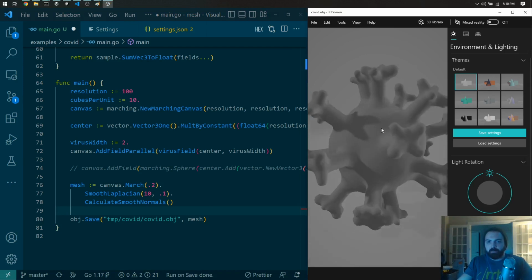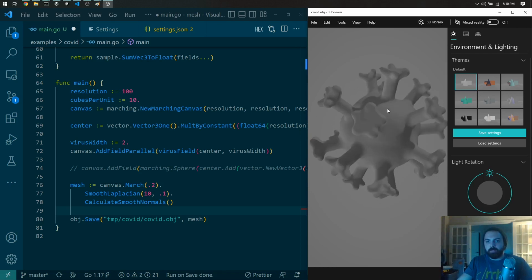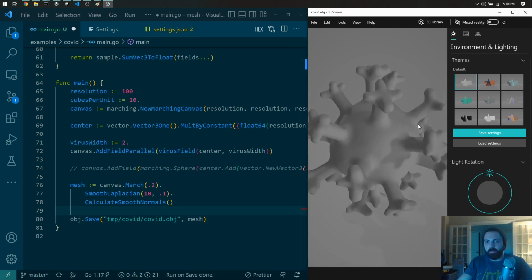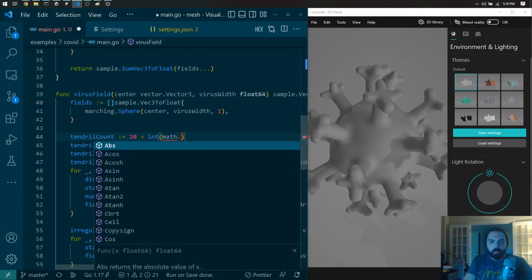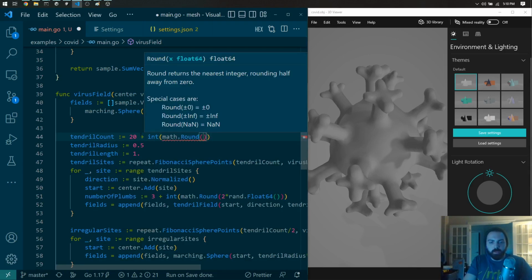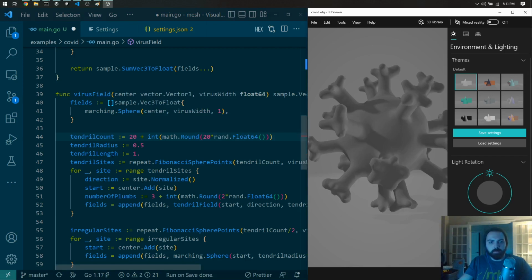And then also let's just play with the tendril length itself. And also let's play with the tendril count itself too. Let's do int math.round 20 times random float. So now we can say we have between 20 and 40 tendrils, and then the tendril length can be,